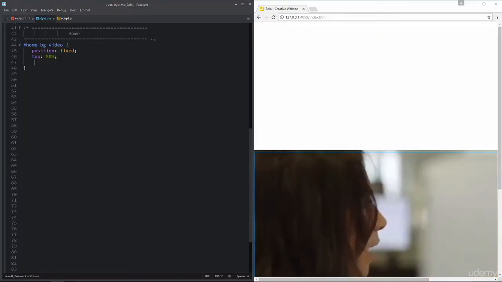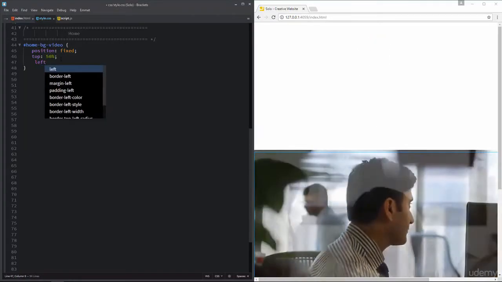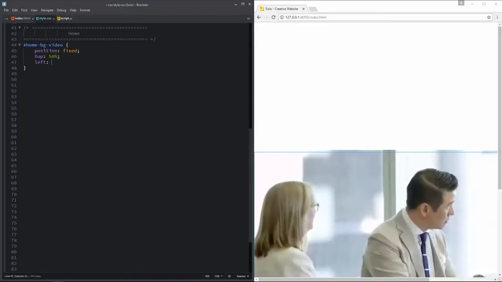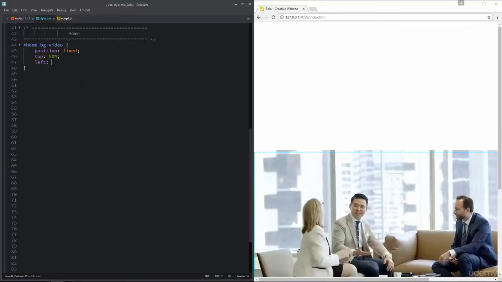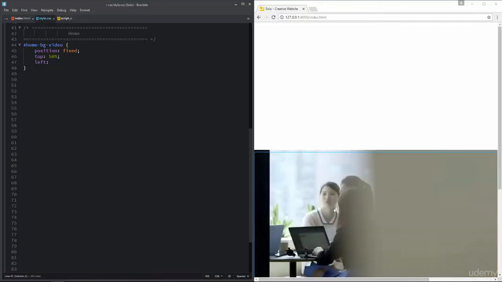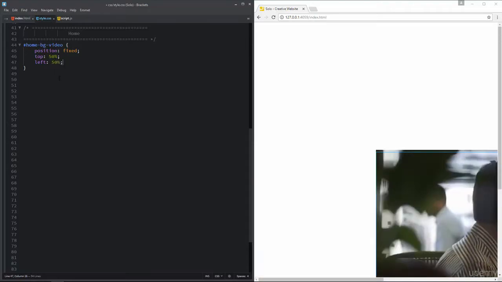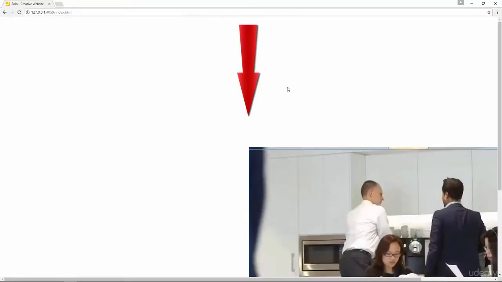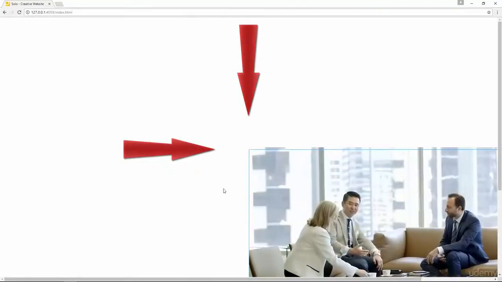Next, I am going to set the left position, and the value for this left position is also 50%, and it is going to move this video 50% from the left. You can see that now this video is moved 50% from the top and 50% from the left.